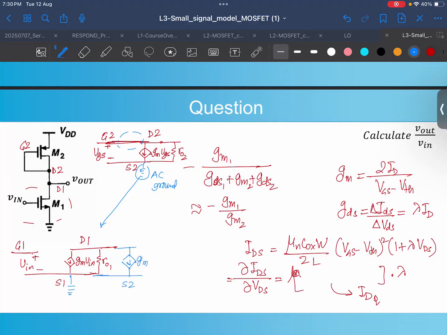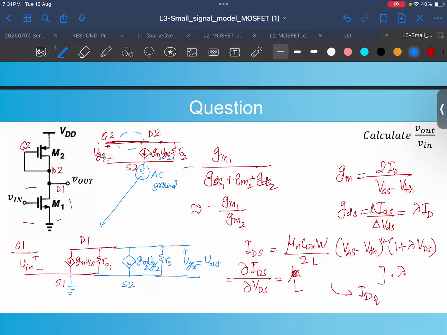This becomes gm VGS, gm2, sorry. Let's call it 2 so that you know. And VGS, VG2. Now VG2 is this VGS. So let's call it VGS2 so that it's very clear. VGS2, right? And this part you see, okay. So there's r0, and then there is a part of this. This VGS2 is nothing but basically your V out,